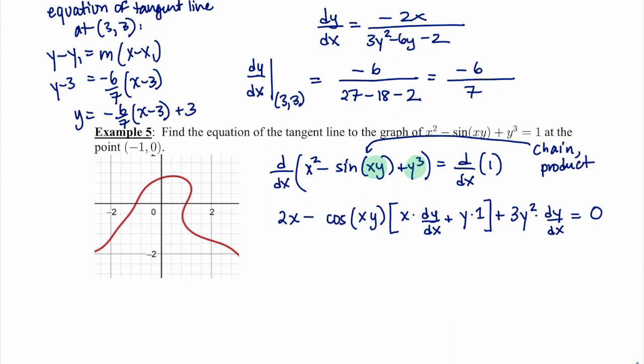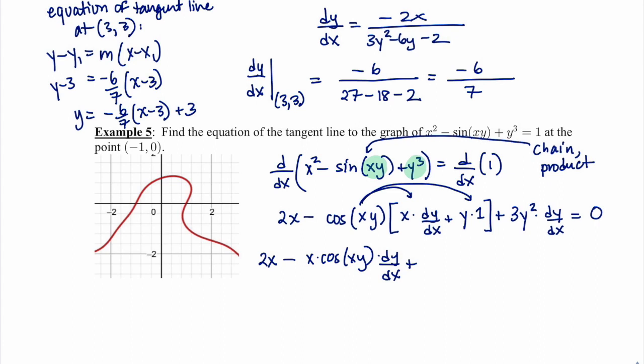And this is the first time I think that we've needed to do some distributing before we could add and subtract terms from both sides. So what I need to do is first distribute this cosine across that addition, and then I can start adding and subtracting terms. So I have 2x minus, I'm going to write x times cosine of xy times dy dx